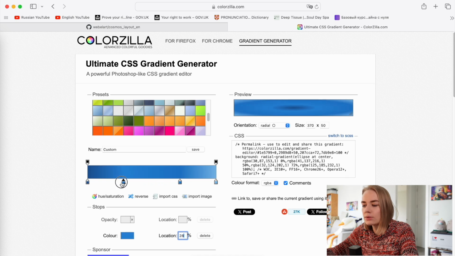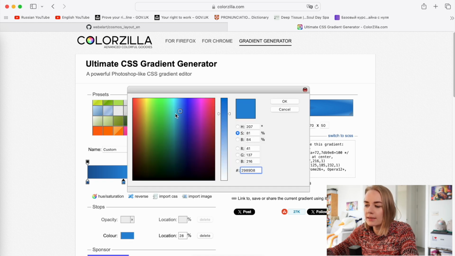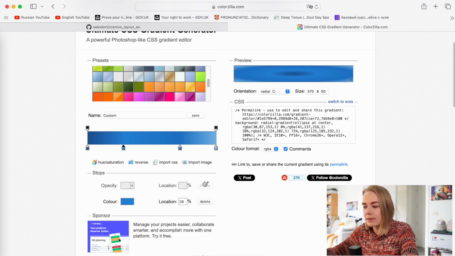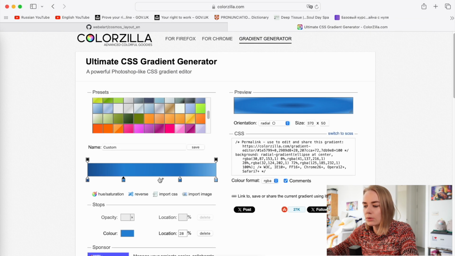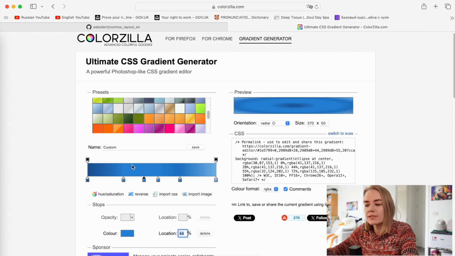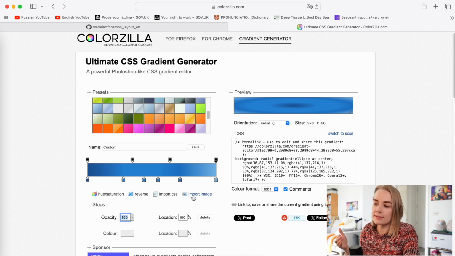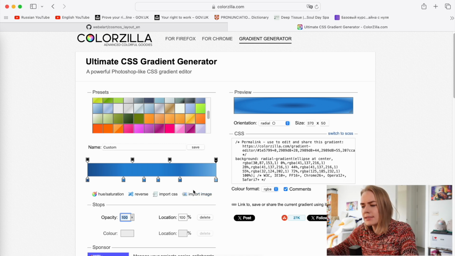It's very good manipulation with gradients. You can put a lot of settings. You can add a lot of different colors and play with them, with opacity as well. You can easily add more difficult gradient and opacity things here. And because of it, I think this is one of the best generators. And with gradients, I think it's easy to work with